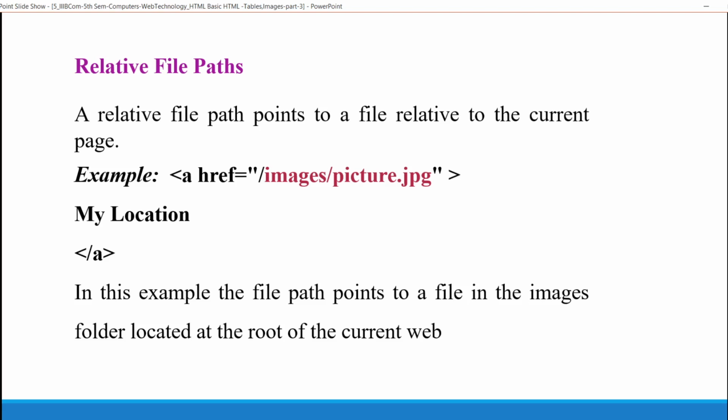Images can be taken in formats like JPG, GIF, and also PNG. Here I have taken JPG. You can also take GIF or PNG. A relative path points to a file related to the current page. a href equals /images/pictures.jpg. In this example, the file path points to a file in the images folder located at the root of the current web.